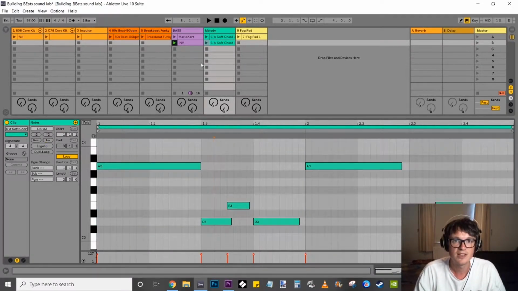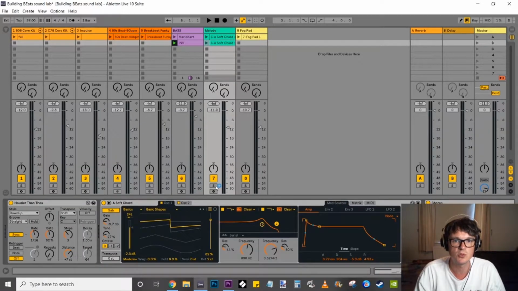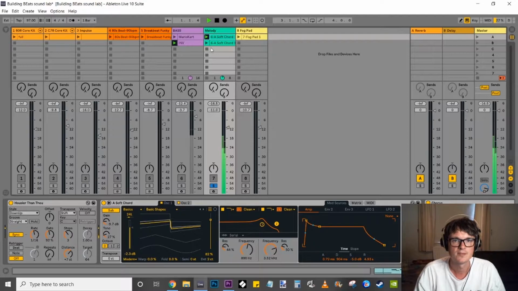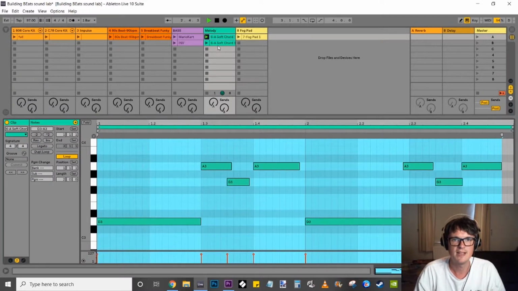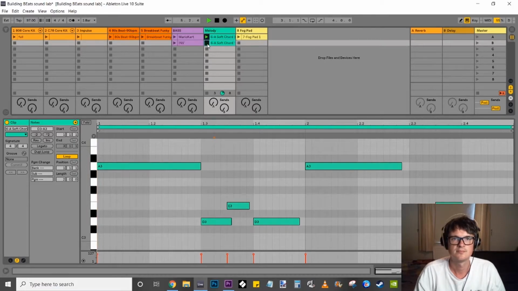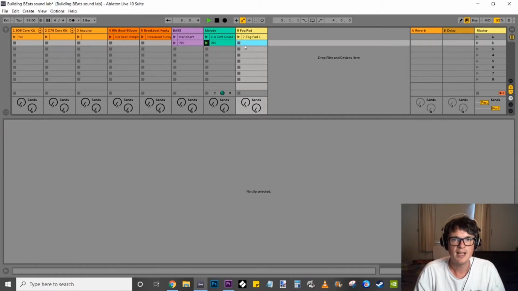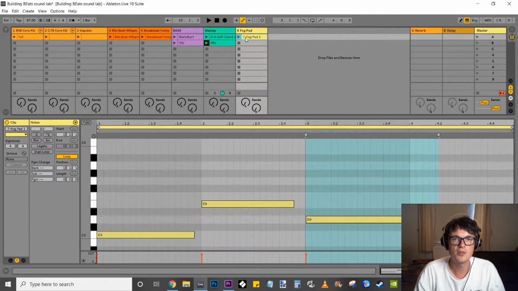Click inv, and my first melody should sound like this. I'll solo it so you can hear, okay? That's it there. Next one sounded a little bit different, but still musical. Here we go. And guess what? I'm going to rename that inv as well. And I'll do the same for the fog